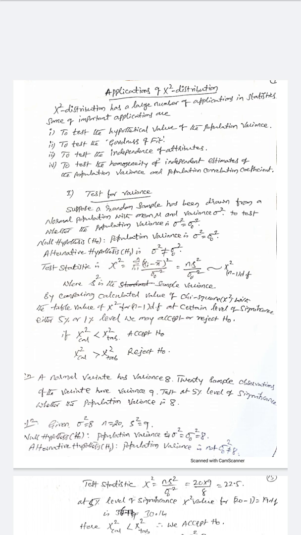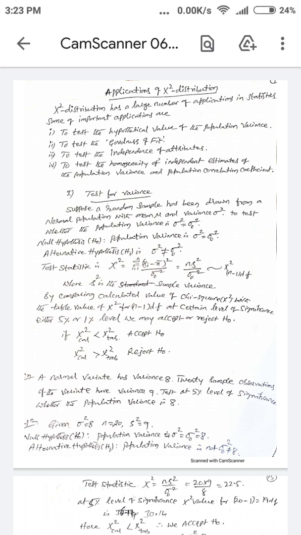So today we are going to discuss the test for variance. Suppose a random sample has been drawn from a normal population with mean mu and variance sigma square. Then to test whether the population variance sigma square is equal to sigma naught square or not, we set up the null hypothesis H naught: population variance sigma square equals sigma naught square, and alternative hypothesis H1: sigma square is not equal to sigma naught square,